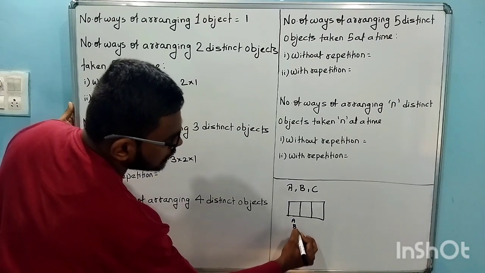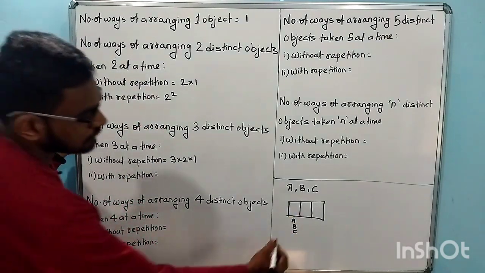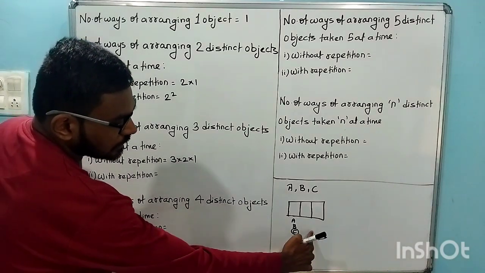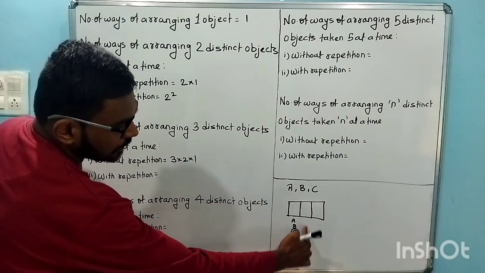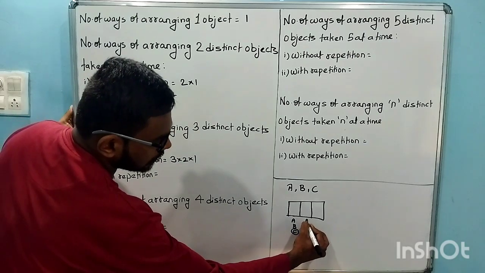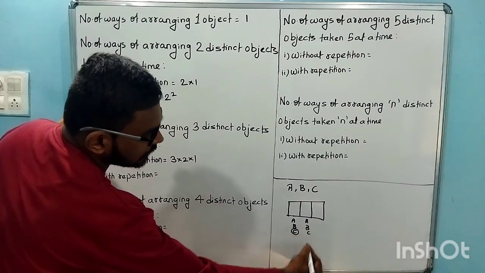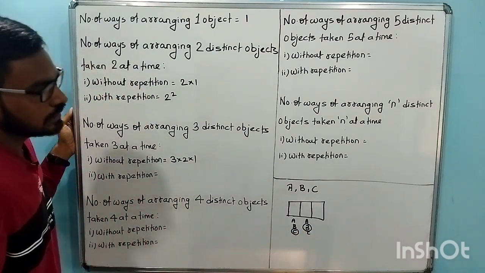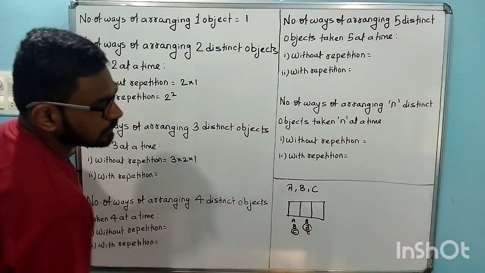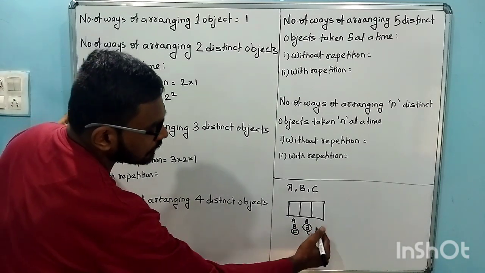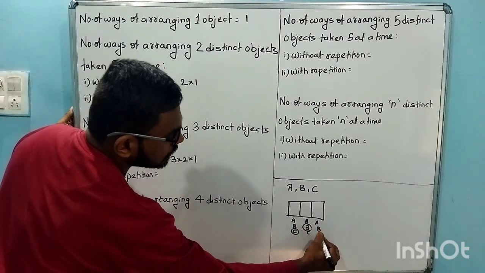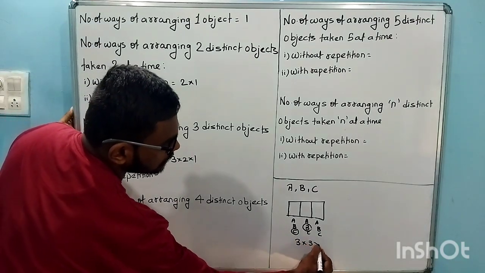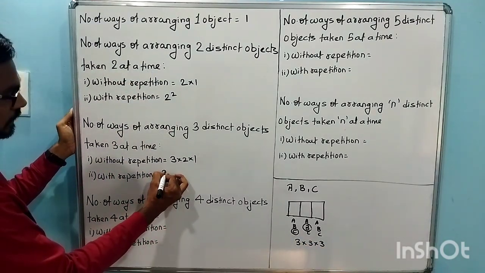For the first place you can select any one of these. For example, you have selected this. Then for the second place you can select that letter, along with the remaining letters also. So we have again 3 choices. Now if you have selected any one, for example this, then we can select that a third time also, or we can select any one of the remaining 2. So again we have 3 choices for the third place. So 3 into 3 into 3. So what is it? 3 cube, right?